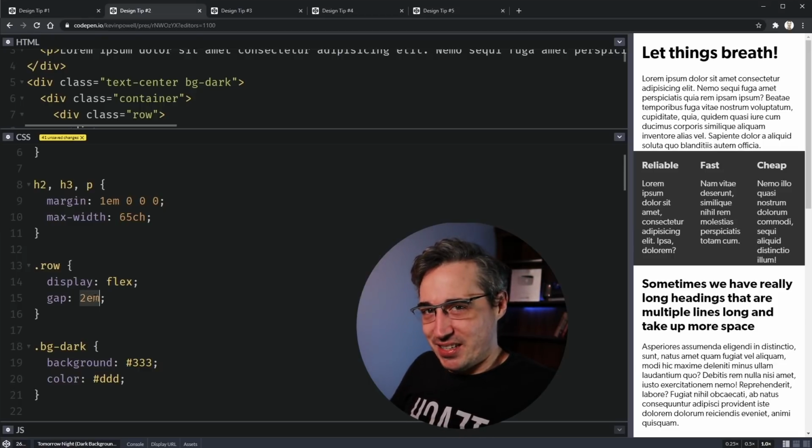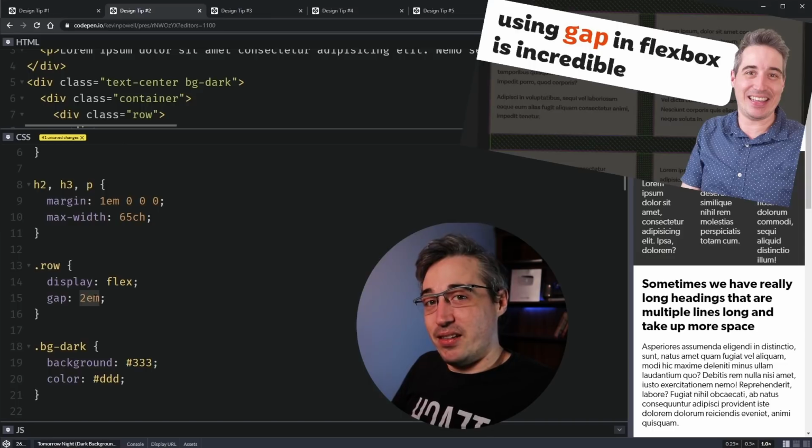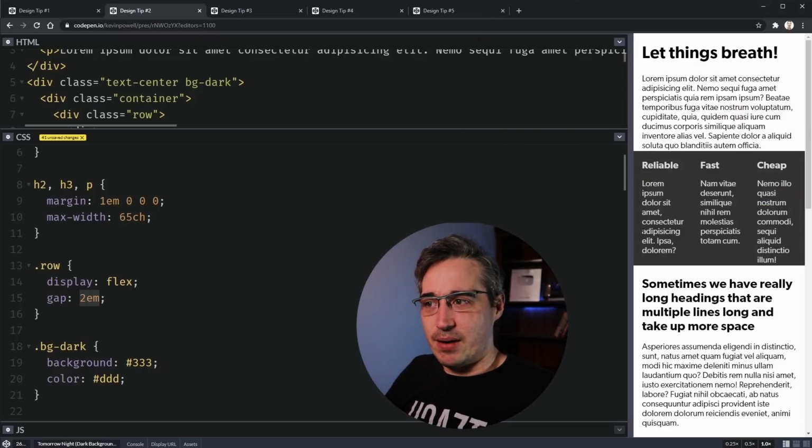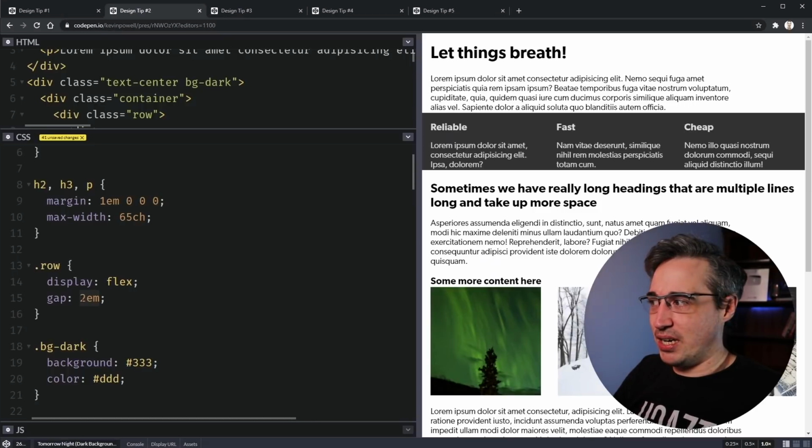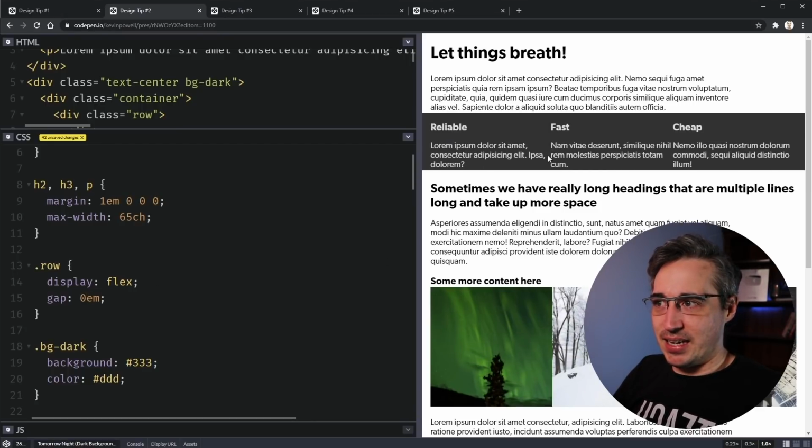It's not fully supported yet. I have some videos on that. I put a link in the description about this, but also a fallback you can use as we wait for browser support to increase. But it's really nice having this spacing so our elements don't look like they're smushed together. Because if we have no space between items like that, they all just sort of meld into one another. It makes it really hard for the visitor of your site to distinguish these pieces of information. It just looks like one big mess of information.